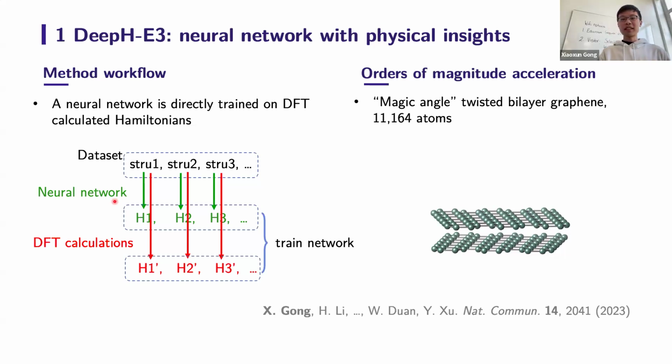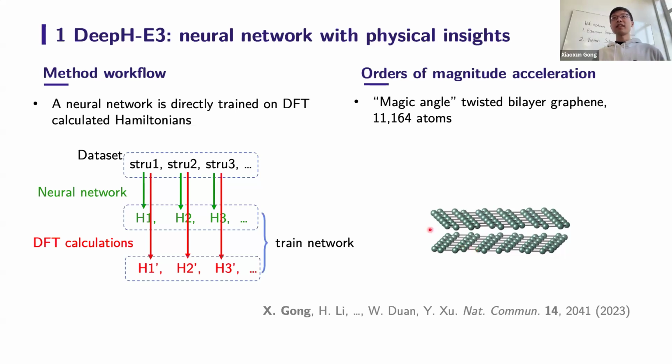In case you don't know, this magic angle twisted bilayer graphene is like, graphene is a single sheet of carbon atoms. We place one sheet of carbon atoms on top of another, and then we slightly twist one of the layers with respect to the other, and then we create a very large supercell. And we have these Moiré patterns and all of this Moiré physics, which has been quite a heated research topic these years, because of the discovery of superconductivity and a series of correlated electronic states.